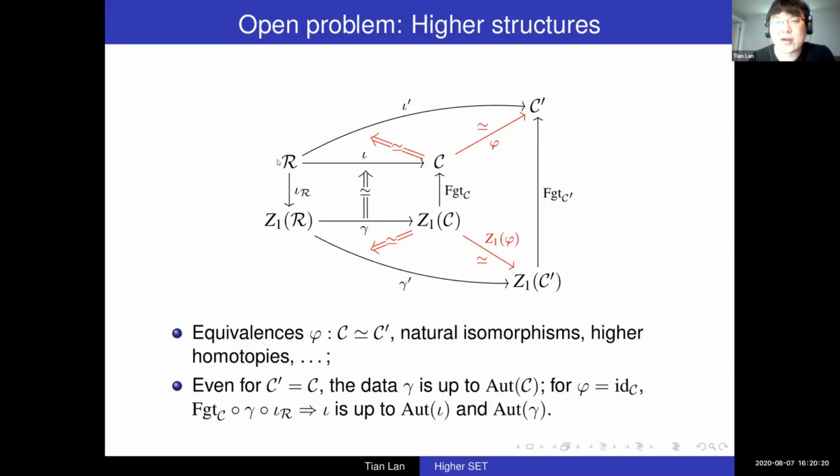So the inner square is our definition in the previous slide, and the larger square with everything with prime is something equivalent to C. If you want to really connect them, you need, for example, a monoidal equivalence between C and C prime, and this monoidal equivalence lifts to the center. It induces a braided equivalence in the center, and also you should fill these two cells with some natural isomorphisms,